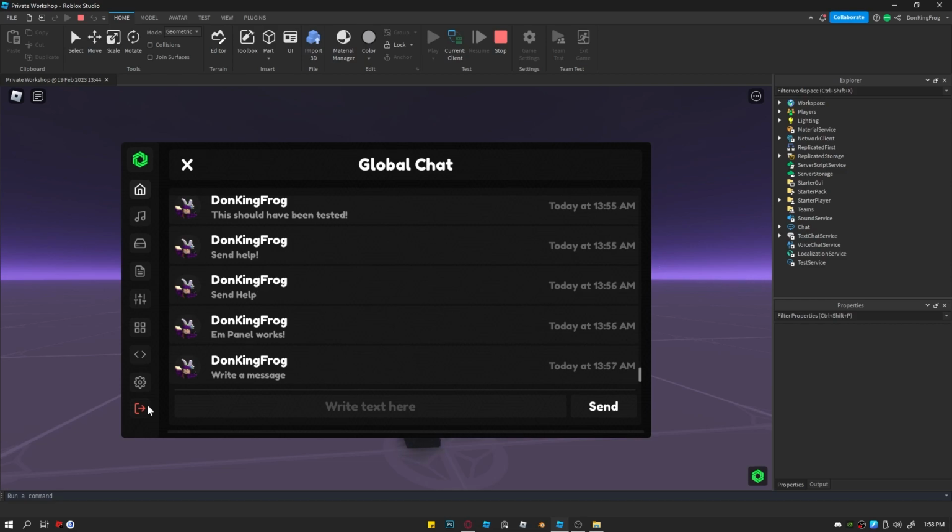Oh, it sent two things at the same time. But yeah, today, so this is the time it's sent. For me, it is quite literally the exact same time. Though, why is it 13 a.m.? I just realized the bug. I'll fix it